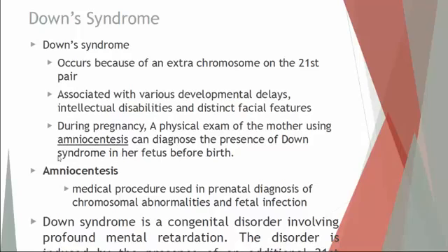So just by looking at the karyotype, or the mapping of the chromosomes by size, if there's an extra one, especially in the 21 pair, it's automatically going to mean that person will have Down syndrome. That could be developmental delays, it could be intellectual disabilities, it could be any wide range of effects of this disease. And also very characteristic are distinct facial features of someone that has Down syndrome. Now, the way you can test for Down syndrome